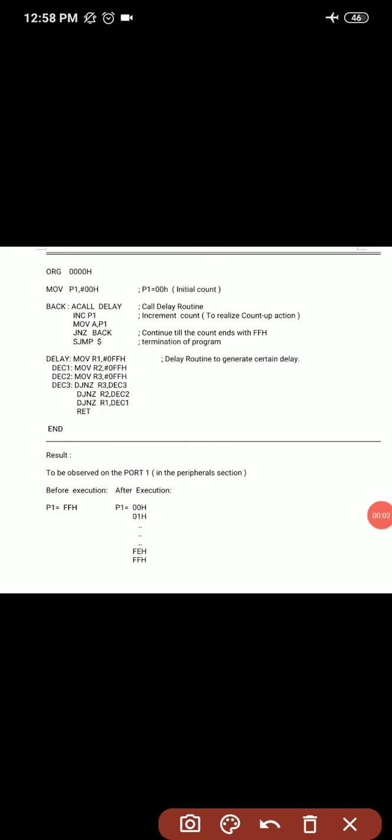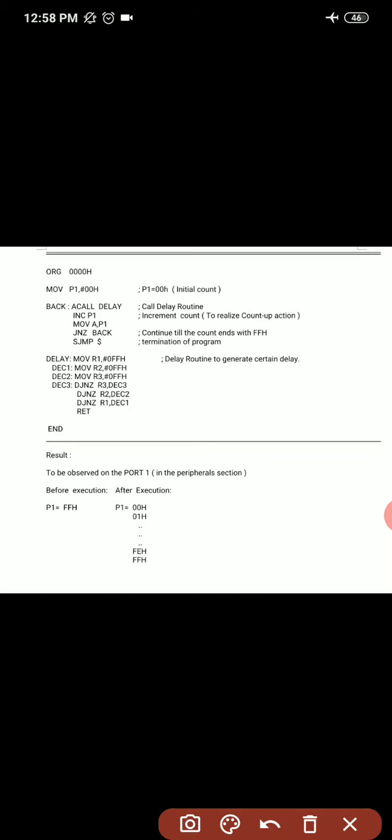Good afternoon, students. In today's class, we are going to see a few lab programs, right? Till now, we have discussed all the theory about the 8051 microcontroller and how to program in assembly level language as well as the C programming language, or 8051 C, right? In today's class, I will discuss three lab programs.